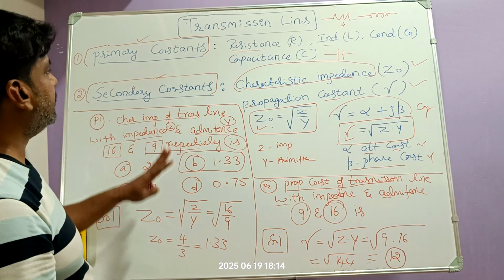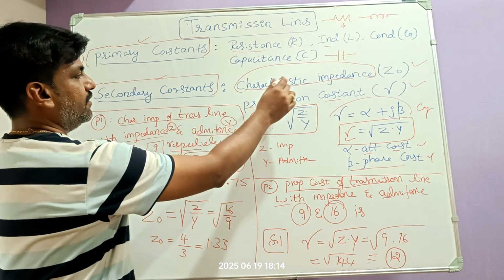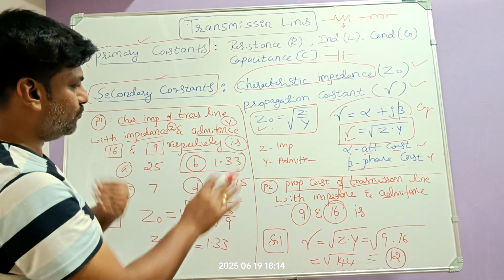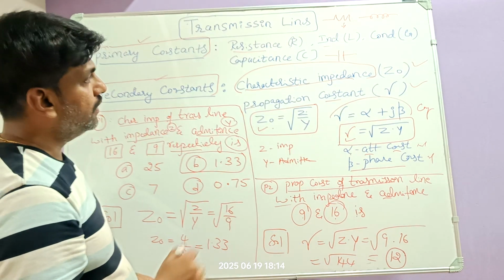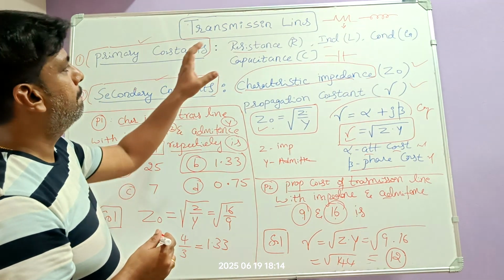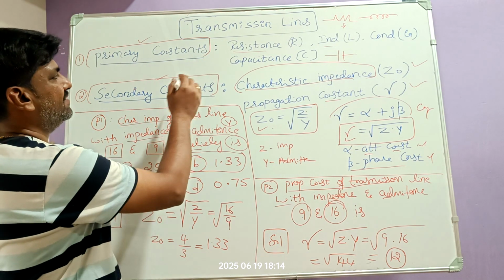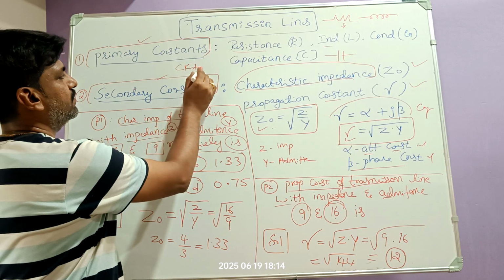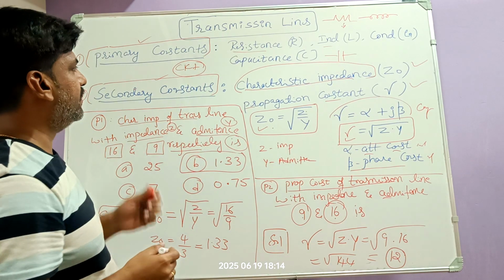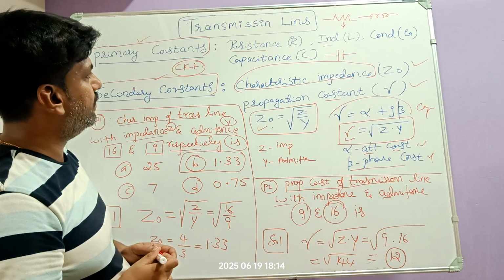So these are the basic concepts, the primary constants and the secondary constants, and based on that the small problems, right? So in the next class we are going to see how the circuit arrangement is, how we can write that Z omega L pattern, Z omega C pattern in the next